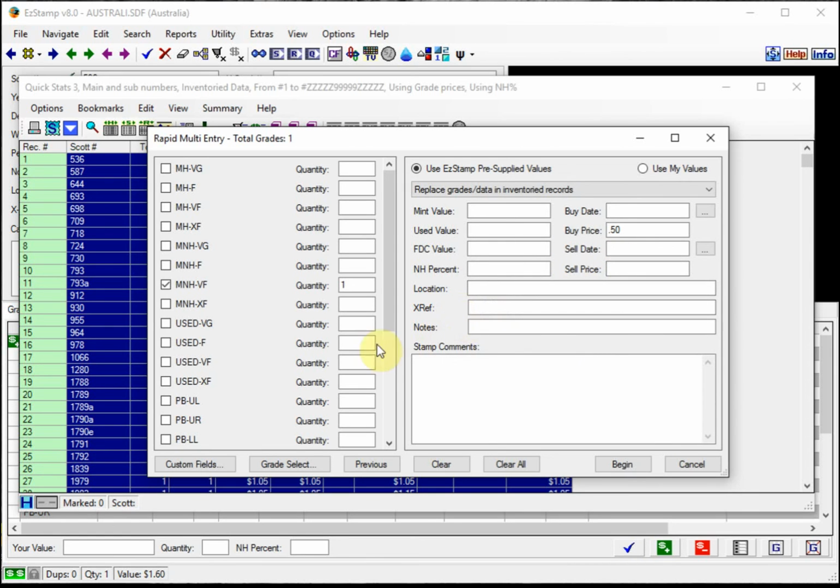Okay, now before we start, one thing to note is that if these stamps had been different denominations, we would have to do them in separate passes. In other words, we could have done the 25 centers and 30 cents and so forth. Now, once we're all set, we click Begin, and then you'll see the results in the report view. So I'll click Begin,